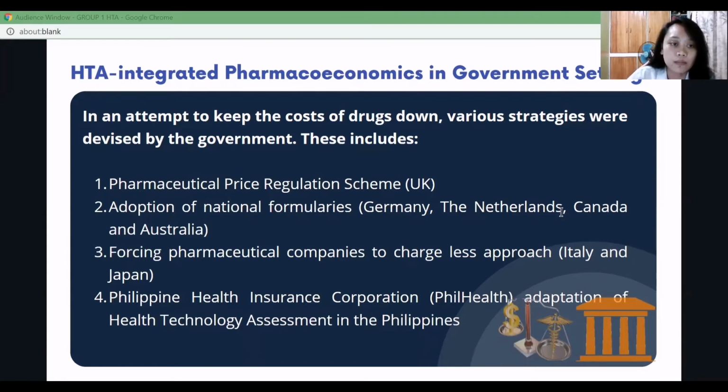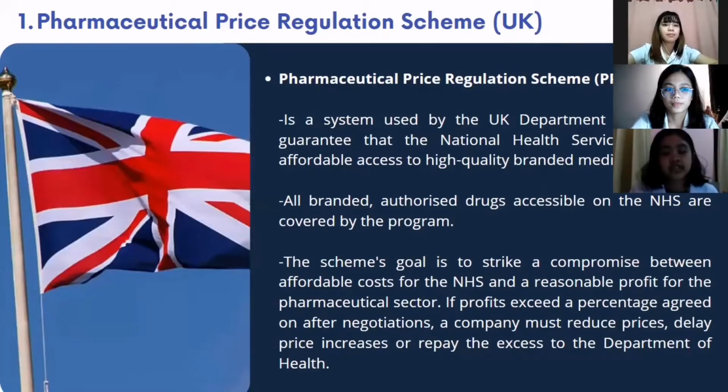We have the following approaches: the pharmaceutical price regulation scheme, or PPRS, adoption of national formularies, forcing pharmaceutical companies to charge less, and the PhilHealth, or the Philippine Health Insurance Corporation, adaptation of HTA here in the Philippines. Regulation scheme. This is a system used by the United Kingdom Department